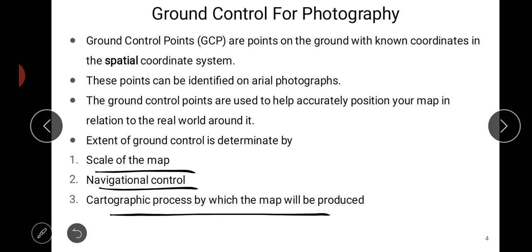If the scale of the map is less, then you need fewer coordinates. What is the cartographic process? It is a series of steps that we follow to go from an unmapped data set to finally form a map. So that is the cartographic process.